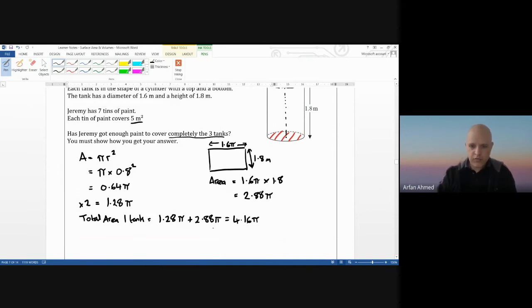Let's times that by 3. So 3 tanks is equal to 4.16 pi times by 3. Okay, and now we can convert it, which gives you